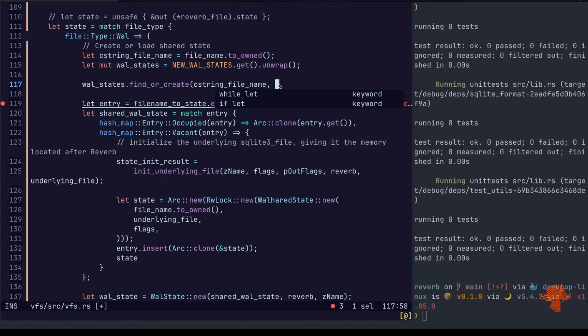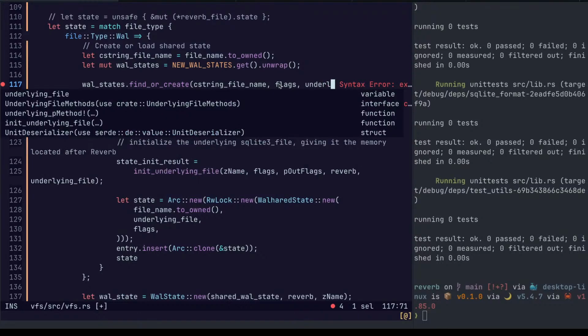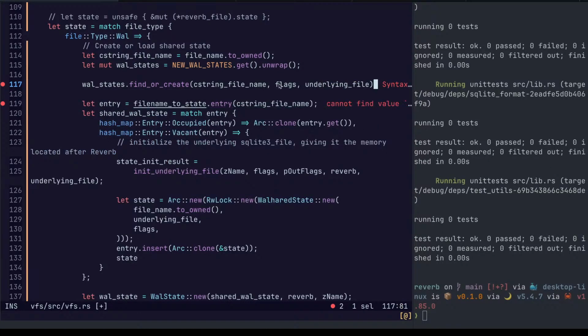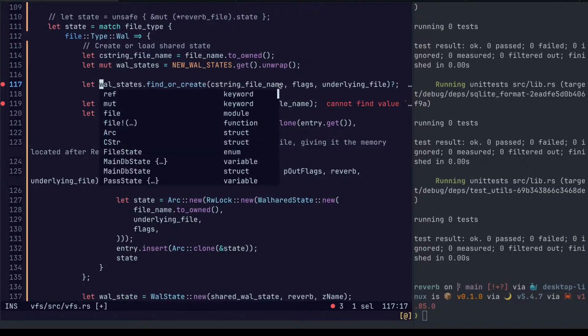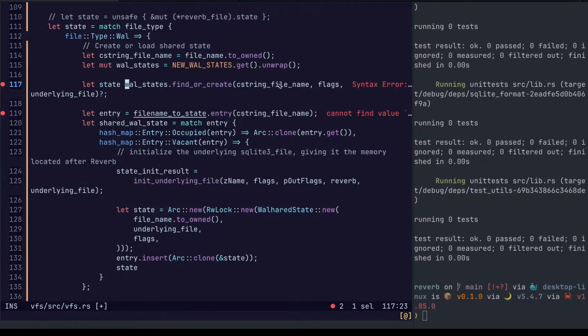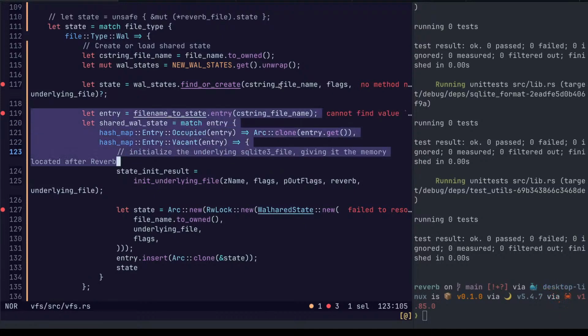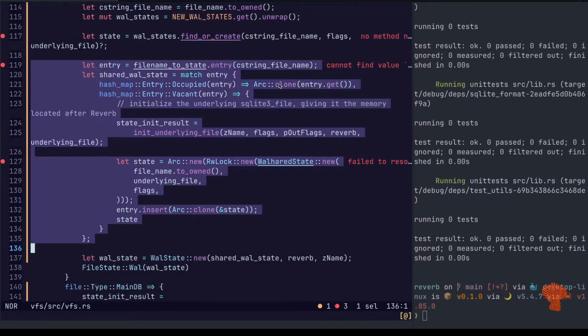So we have the name. We need the flags. Out flags? What? We don't need out flags. What do we need out flags for? And the underlying file. Basically, we'll do that.